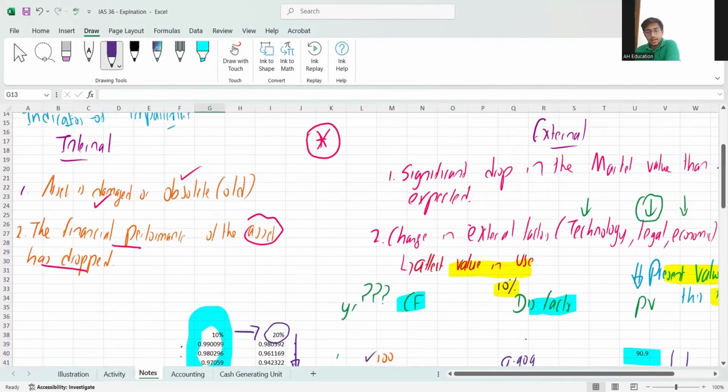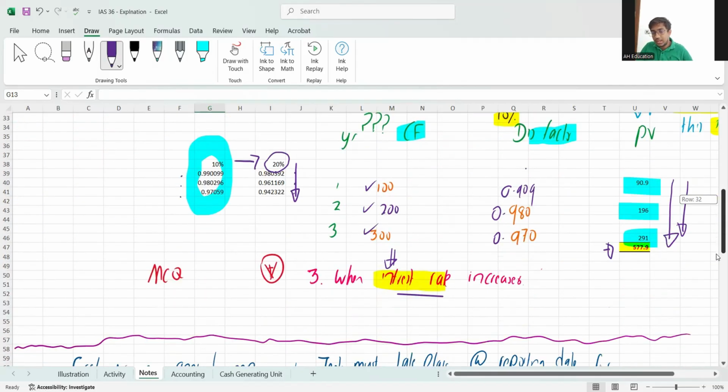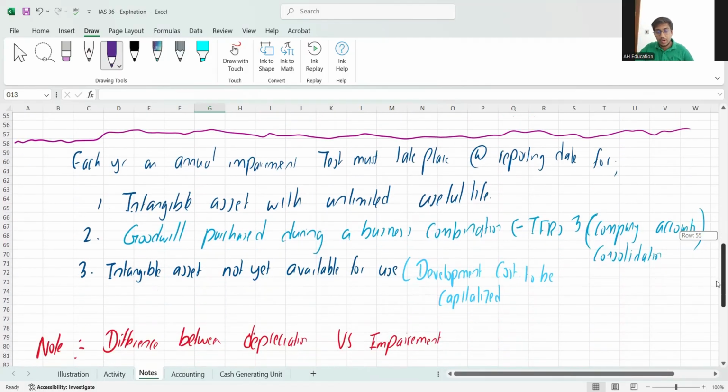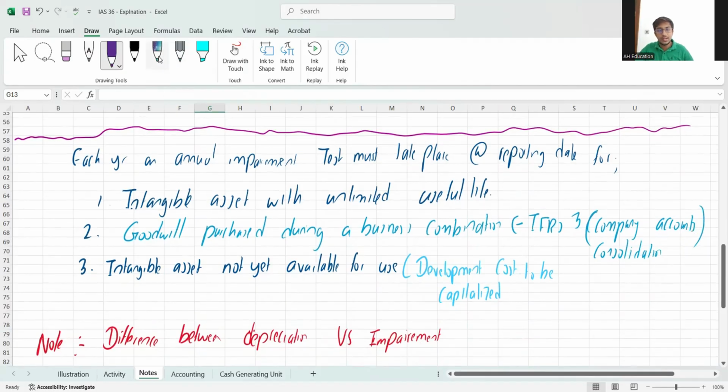So this factor is about your fair value minus cost to sell, and how your market value tends to reduce. This third point is about your recoverable value in terms of value in use. Simple as that. Now, finally, in terms of a final theory,